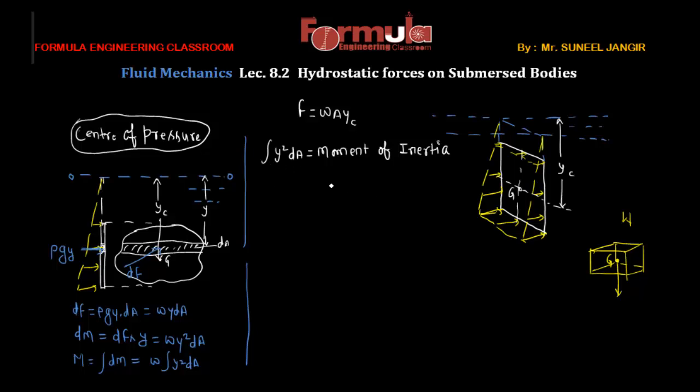So we can write this as I OO. Obviously this moment of inertia is about this free surface, or we can say about axis OO. So I'm writing this as I OO. This is about OO. So we can write M is equal to W, and for simplicity I'm writing I O. So this is our